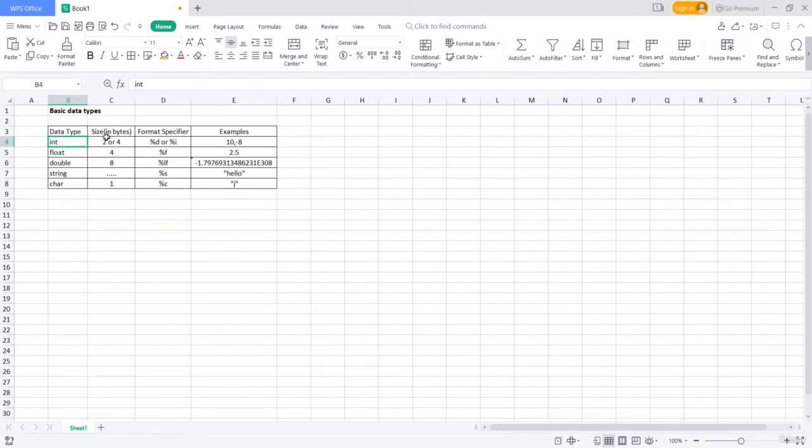and then the size of the data type, it is 2 or 4 bytes, and then the format specifier, you can either use this one or you can use this one. And then these are the examples, and the same with the float, the size, it is 4, and then the format specifier, it is percentage, and then we have this f letter, and then this is an example, and then this is a double, and then the size here for the double, it is 8 bytes, and then we have this format specifier, and then we have an example of a double,